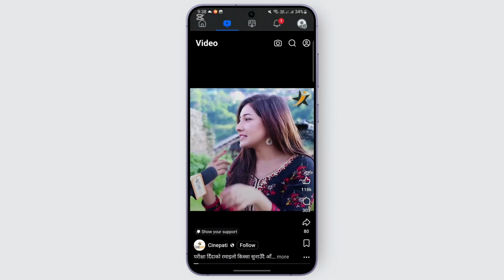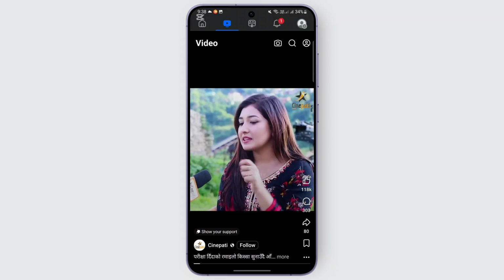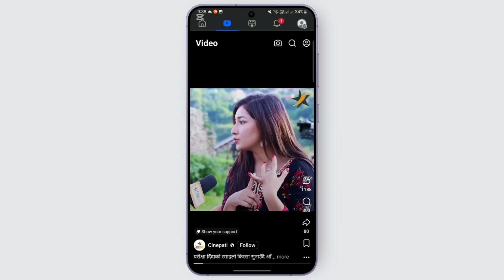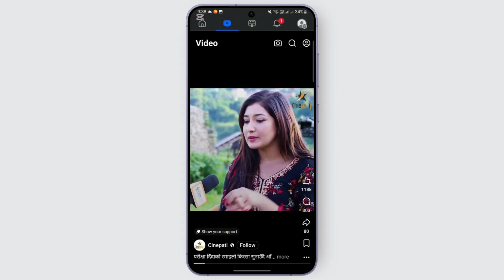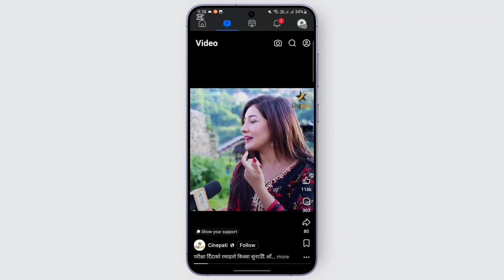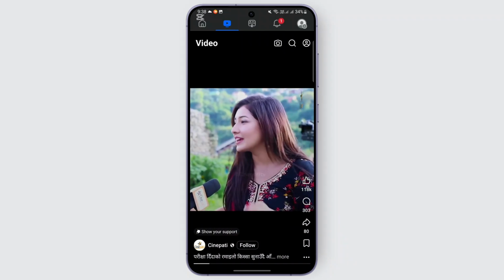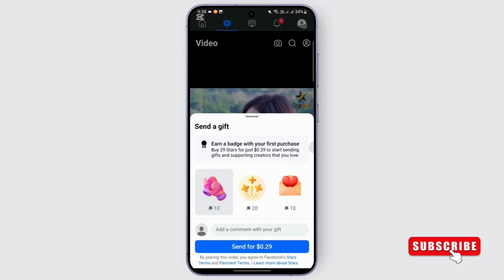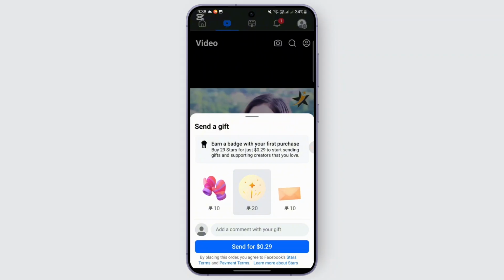So right under the video's name, so if any channel or any account has posted, right above the account's name, you can easily find an option called show your support with a star icon. All you gotta do is simply locate that option, tap on it, and after tapping on it, this send a gift appears. Now from here, all you gotta do is select the star sticker, for example the second one, and